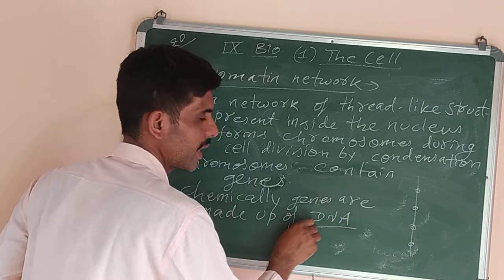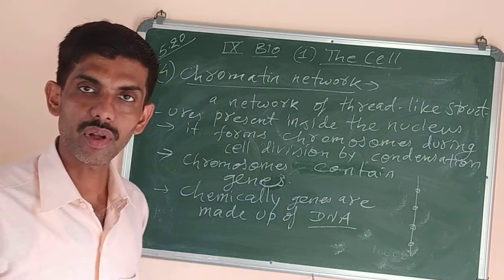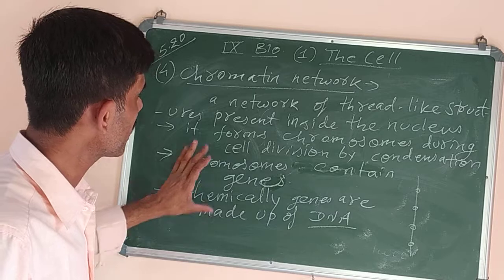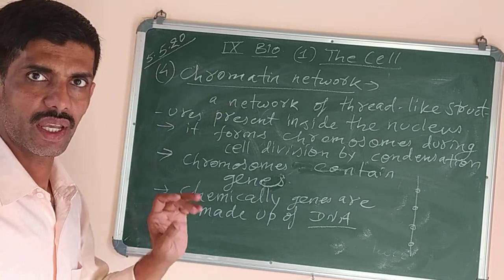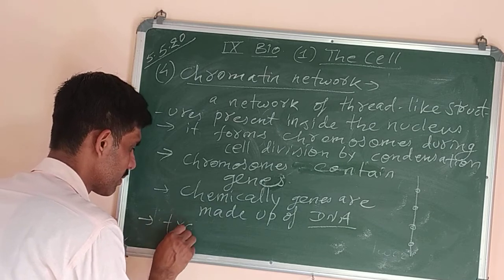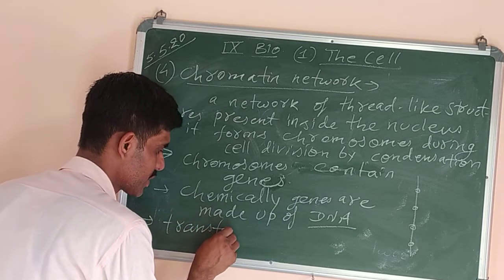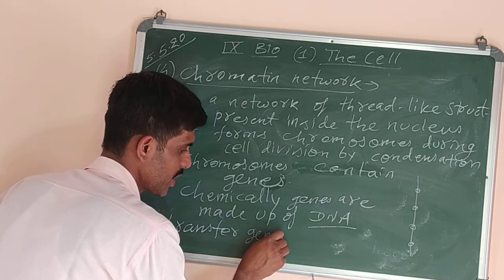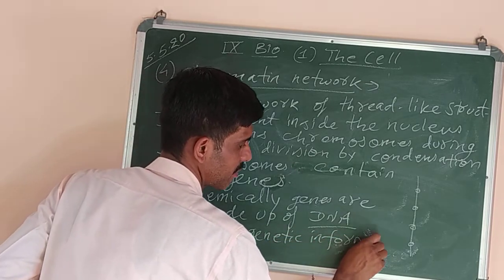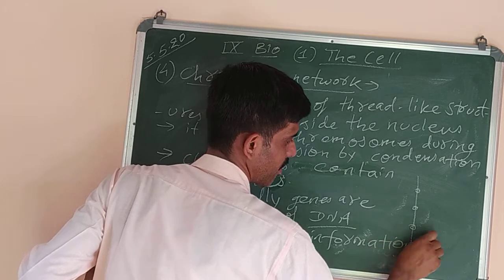What is the full form of DNA? Deoxyribonucleic acid. Okay, got it? Now what is the main function of the chromatin network? It helps to transfer genetic information, or hereditary information, from parents